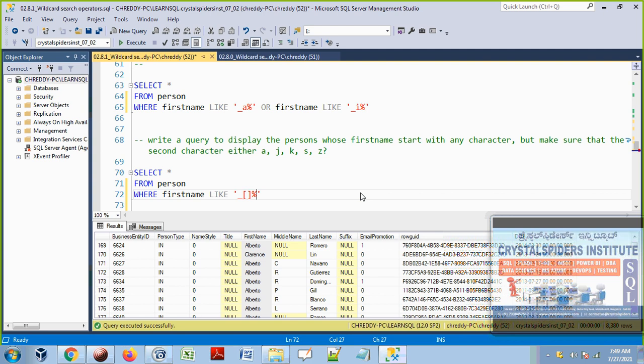What about from the third character onwards? That can be anything. So let's copy all these characters and paste it here. That's it. So now the second character is either one of these five characters.